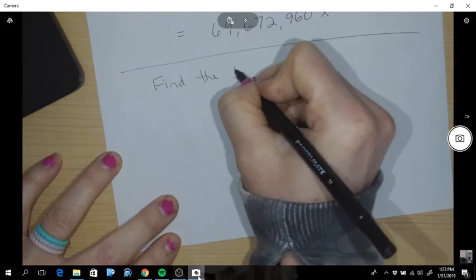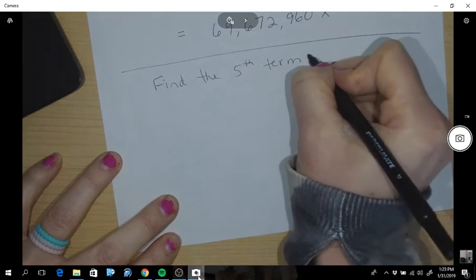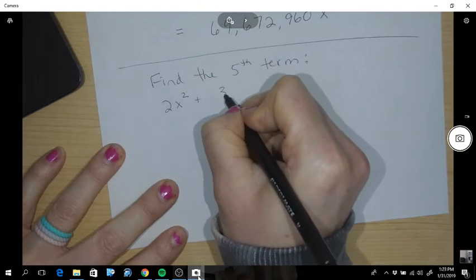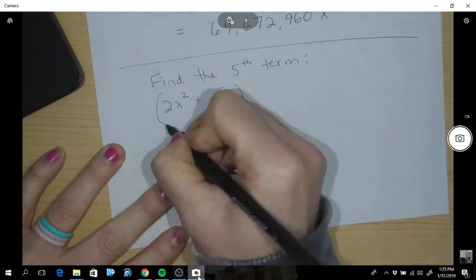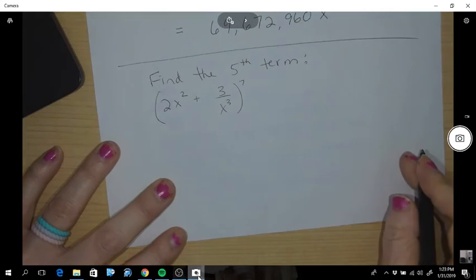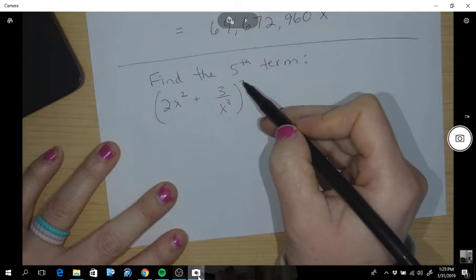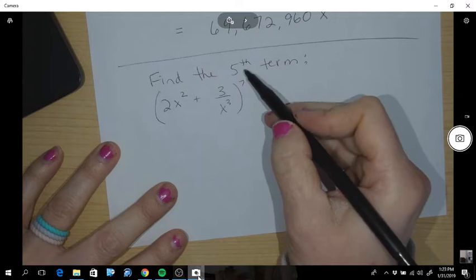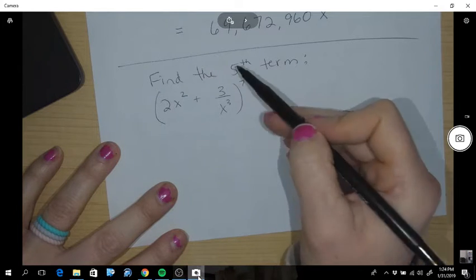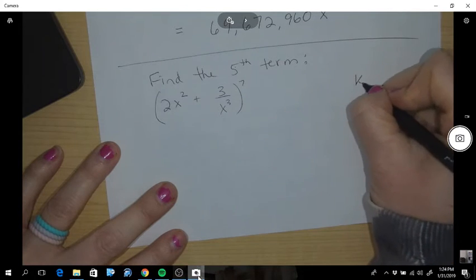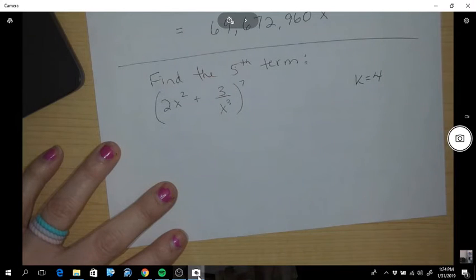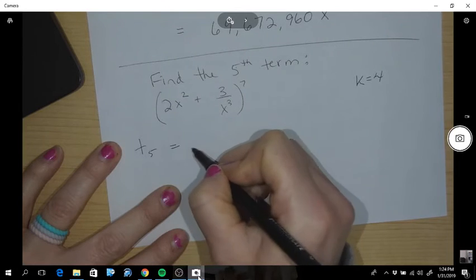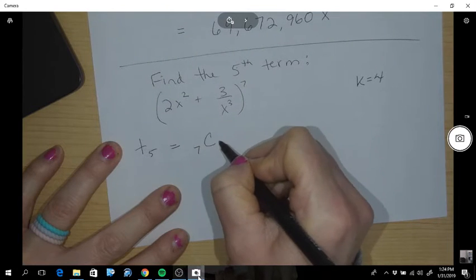Find the 5th term. (2x squared plus 3 over x cubed) to the 7th. Since I'm in the 7th power and I'm finding the 5th term, now we know that our k is going to be a value of 4. So term 5 equals 7 choose 4,